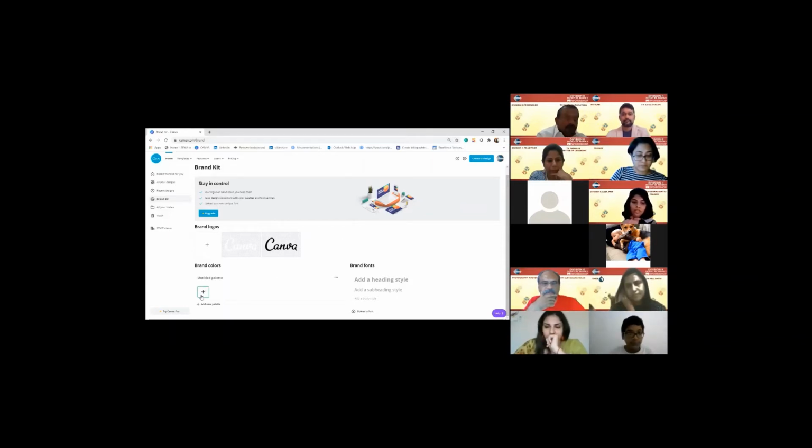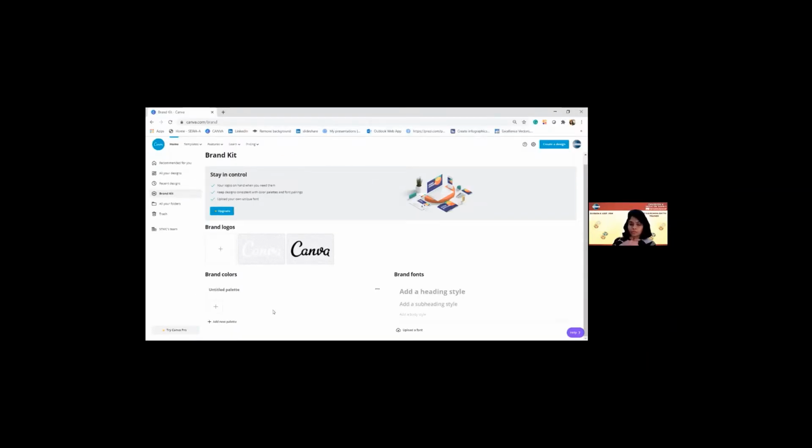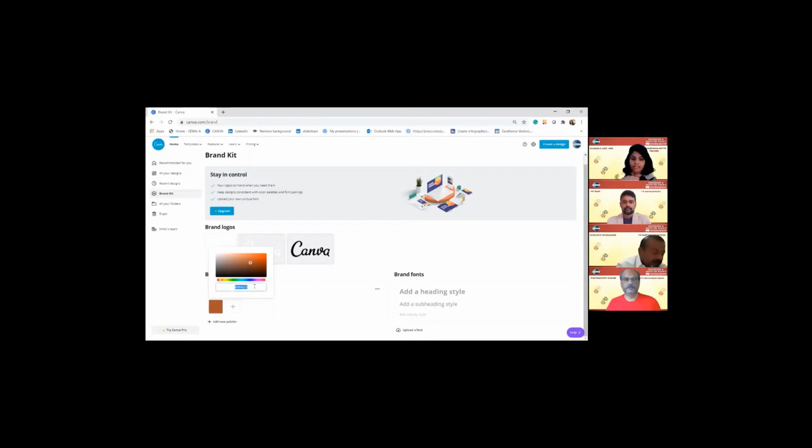Okay, so what we can do is we can add the brand colors in the brand kit, which can be used during our posters. So this has 3 colors which can be added. The first color is royal blue, which is 004165. So I've added the first color. We can add the next color, which is F2DF74, happy yellow. And the next one, which is our true maroon, that is 772432. So this is saved in your account permanently. So it's over here.